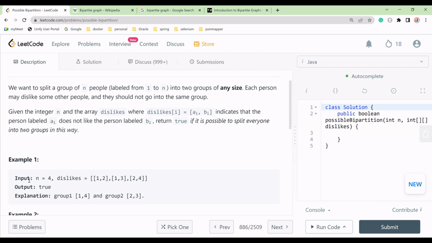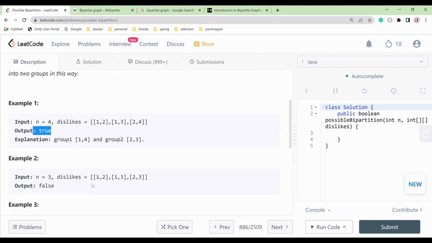The example is saying that if n equals 4, the dislikes are 1 2, 1 3, 1 4. So we are checking that and we are returning true. How? Group 1 is 1 4 and group 2 is 2 4. So what is happening here? Let's understand first what is the